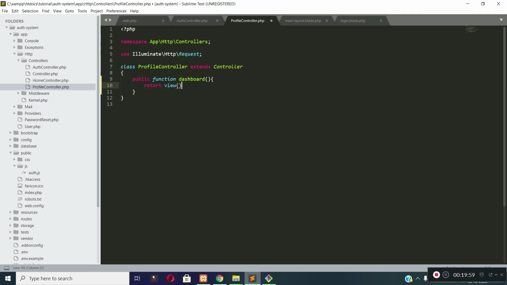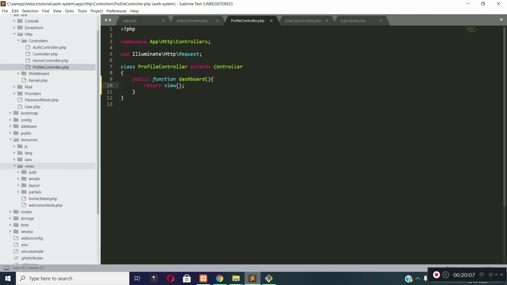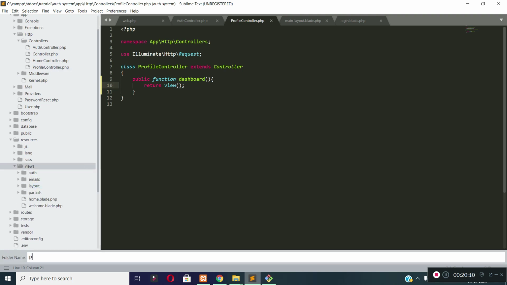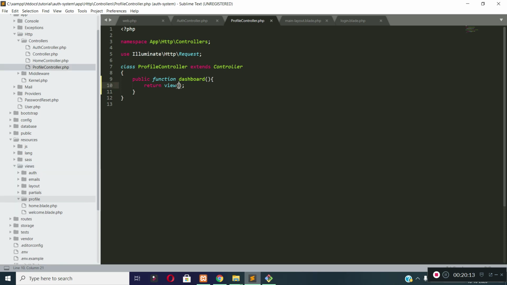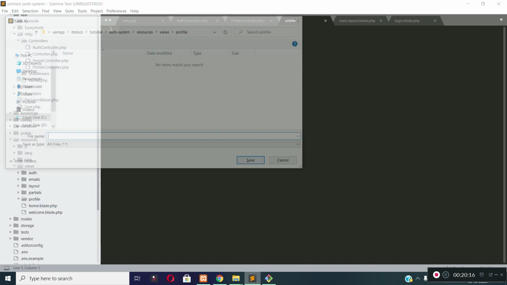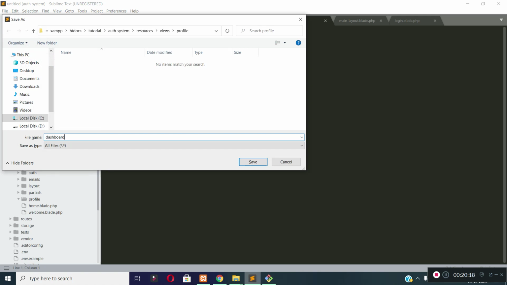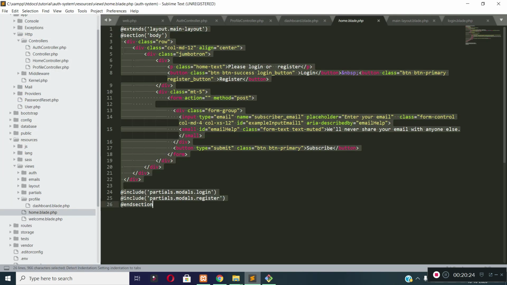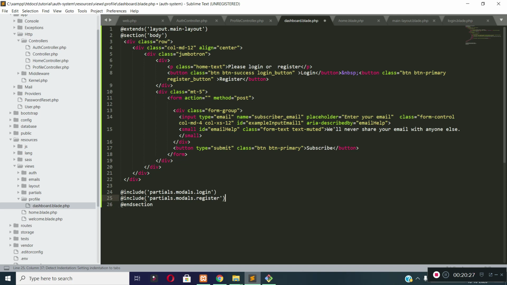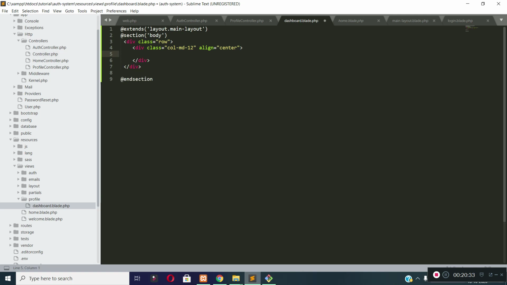Return view. I did not create any view for dashboard, so let's create a view file for dashboard page. Inside views folder, let's create a folder called profile, and under profile folder, let's create a file called dashboard.blade.php. Now let's copy the code from our home page and let's paste it to our dashboard page. Now let's remove this code from here and let's remove this align center. For now, let's write dashboard from here